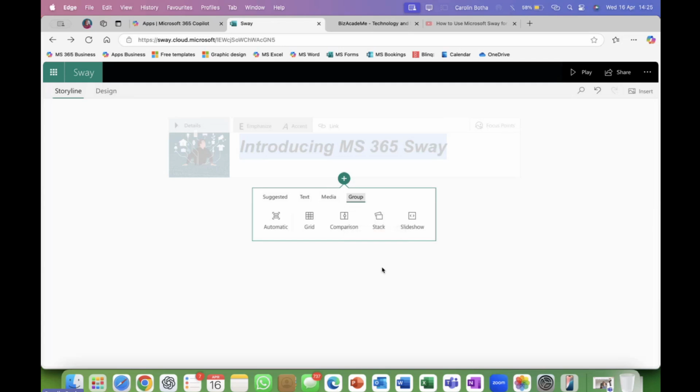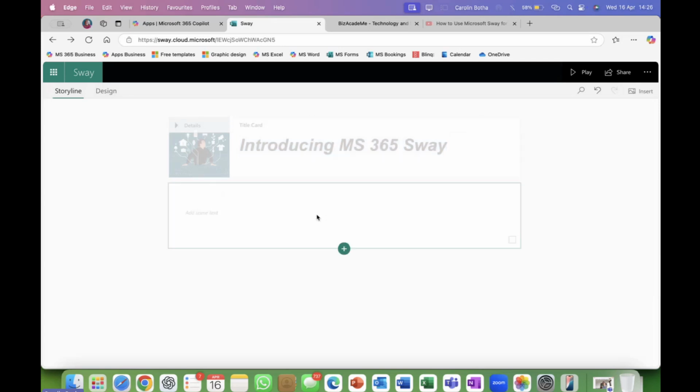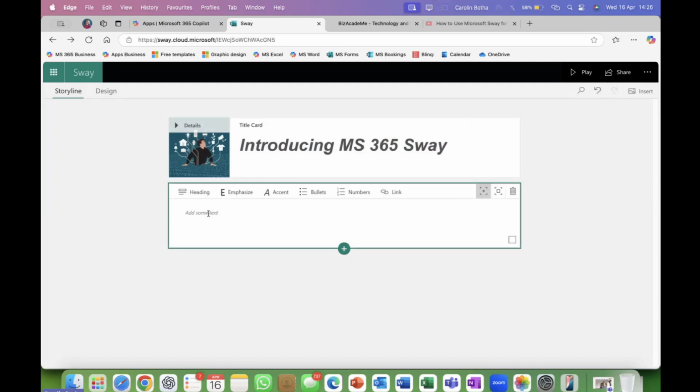And then you can also make a comparison. I don't know if you remember on the Rihanna slideshow, or the fake creation, there were two roses, and in between there was a sort of a circle. That's the comparison one, as you can clearly see over there. You can insert a grid or you can insert something automatic. So let's just go and insert some text. I'm going to insert text, and this is what it looks like.